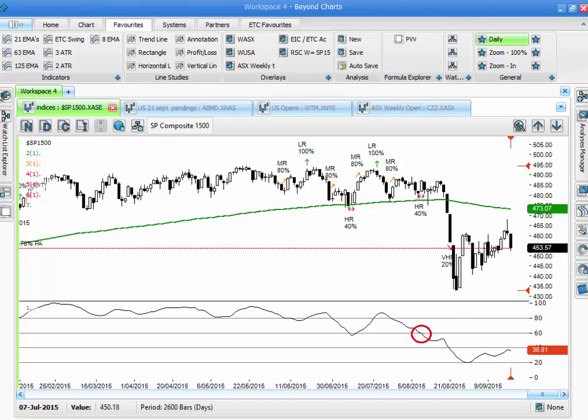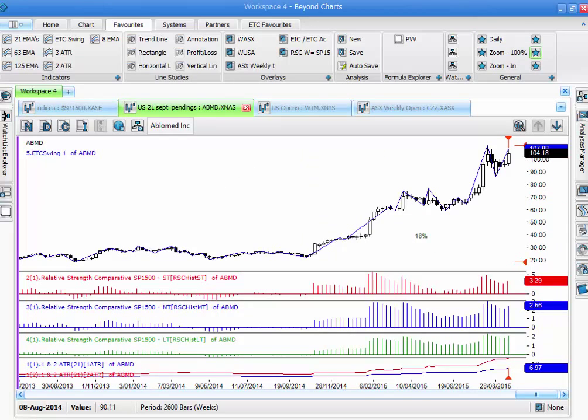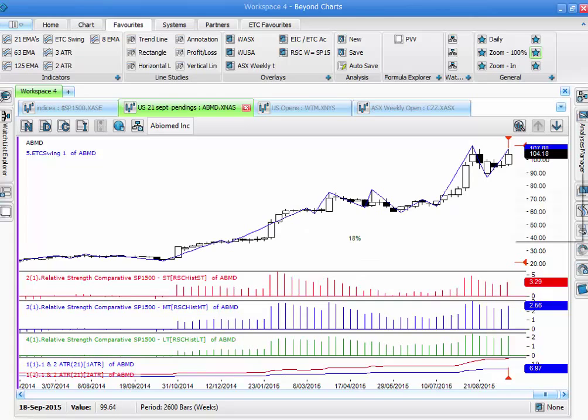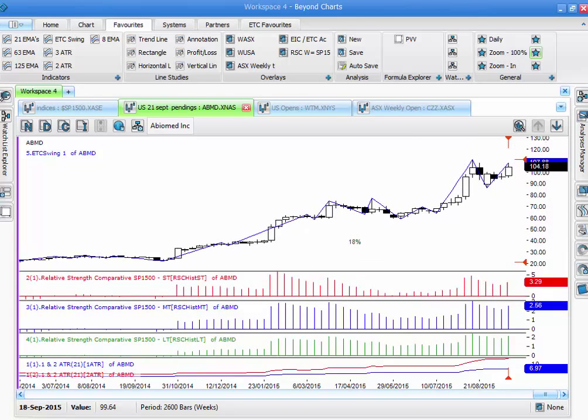All right, so let's go through and just have a bit of a look at a couple of the pendings or a couple of the trade setups that I found for this particular week. There were a few that were exhibiting good price action, but in terms of the actual structure of the trades, just getting out to fairly large risk. So in this particular example,